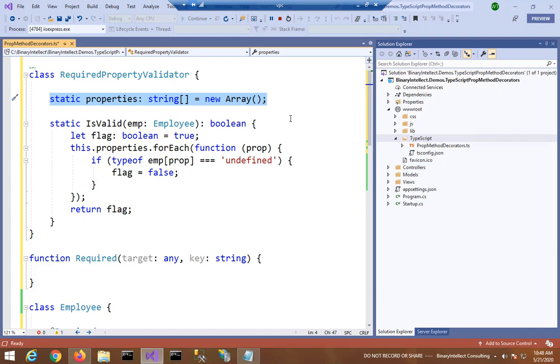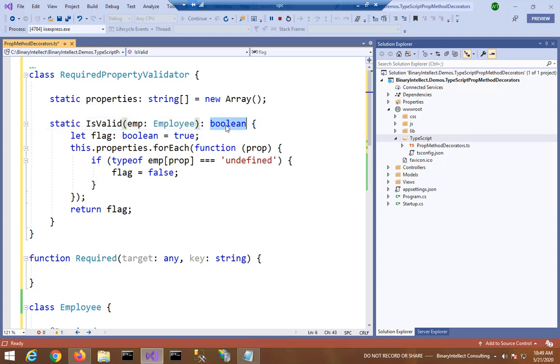The data type of this property is string array, because you can register multiple properties for validation. It also has a static method called isValid. The isValid method accepts the employee object that is to be validated, and inside it the validation takes place.